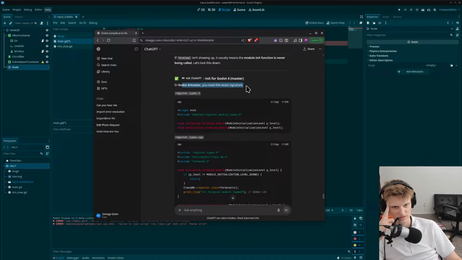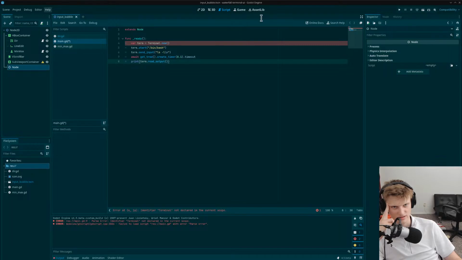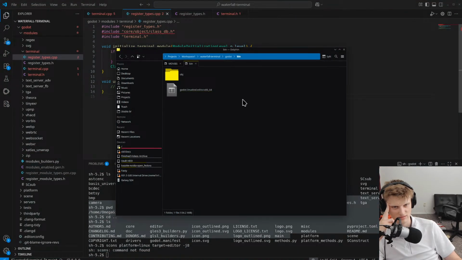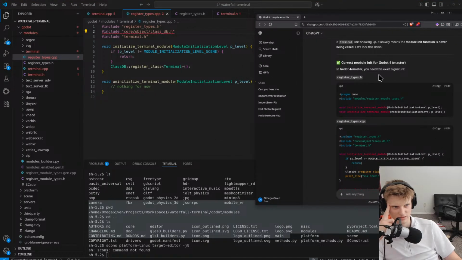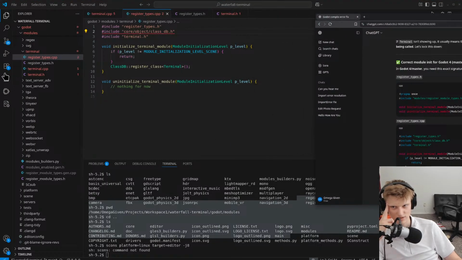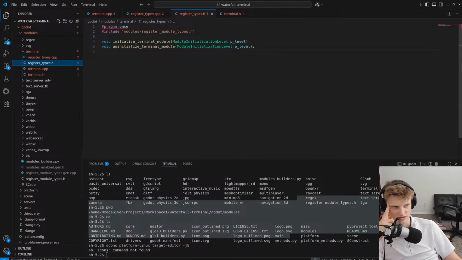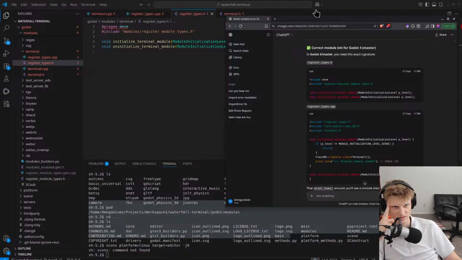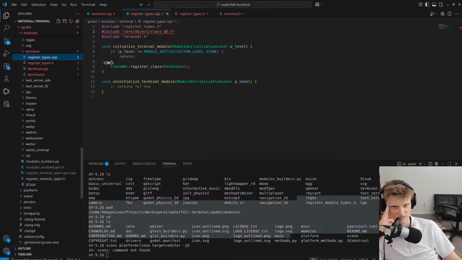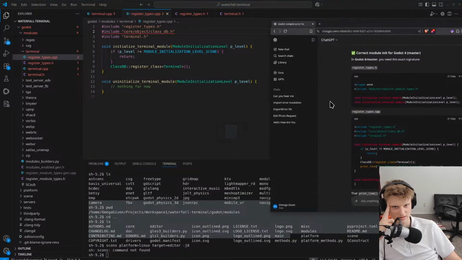In Godot Master, you need the exact signature. Okay, this ain't working, so let's save and quit. Go back to our editor. So we need register types .h. We need the signature. Blah blah blah. We do have that. We need the register types file to be that, which is